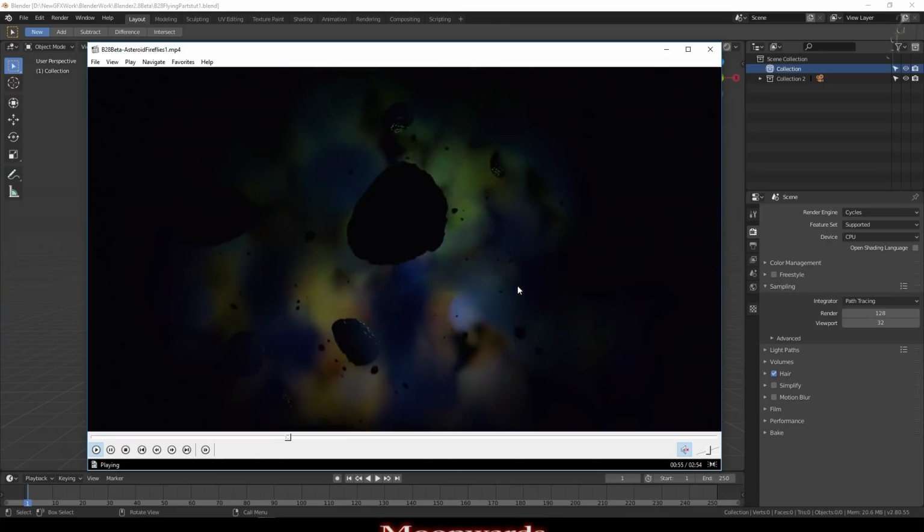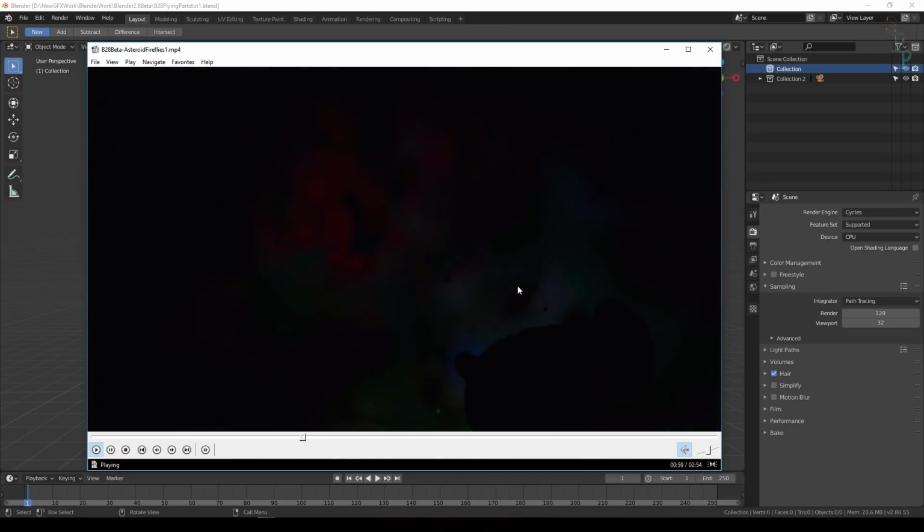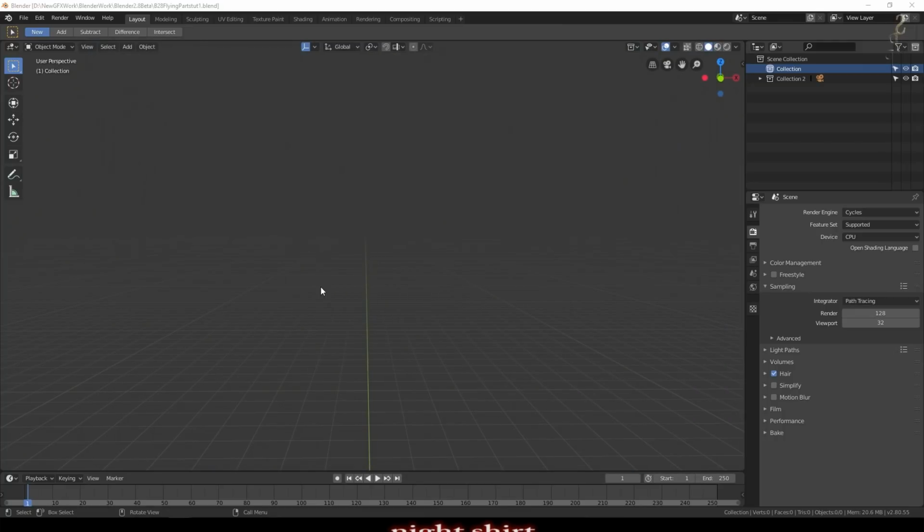So I'm going to show you how to do all of this and do it in Eevee, so it's almost a real-time render. So to begin with, let's just create the objects that are going to fly around. I'll make less than I made in the other scene because obviously we just want to show you the techniques here rather than go into all the detail of the entire scene.